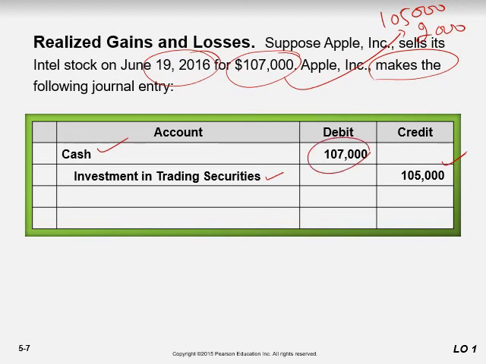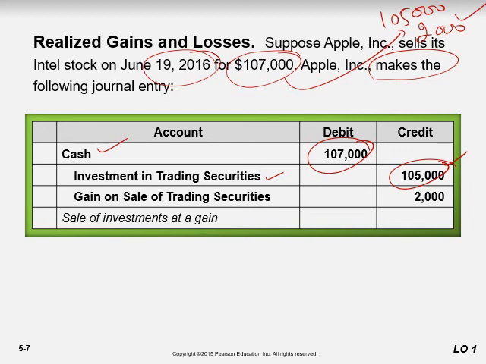So there is a 2,000 difference. And what is that? We call this a realized gain, or you can just say the gain on sale of trading securities, right? If you write down the gain, it automatically means that we are talking about realized, but for unrealized you have to mention unrealized. Okay,